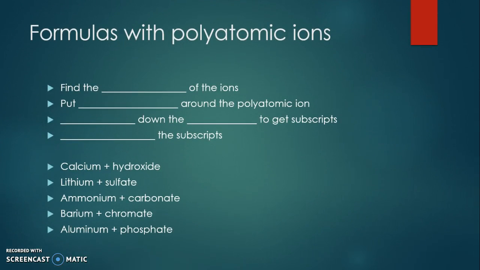All right, so when we do formulas with polyatomic ions, first you've got to find the charge of the ions, same as always, same as the last ones. And then the next thing you want to do is put parentheses